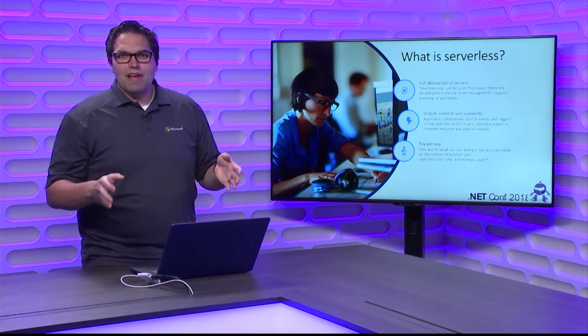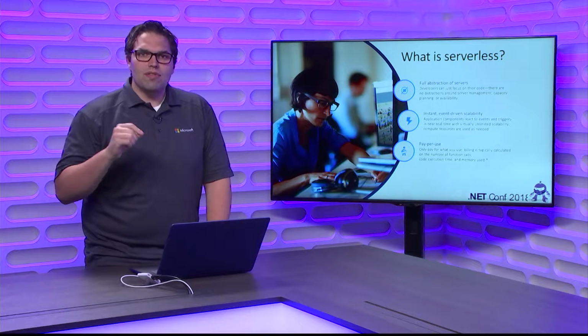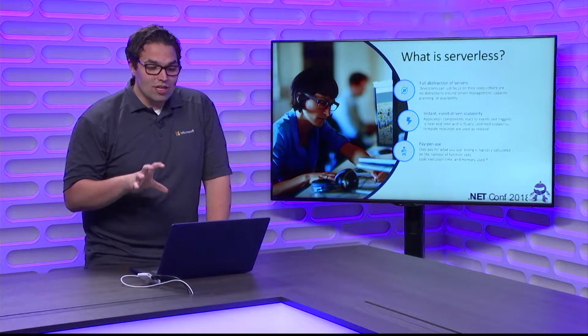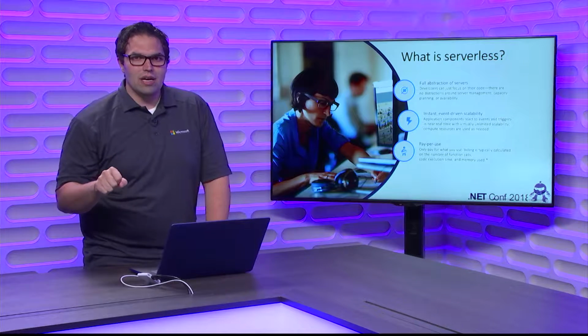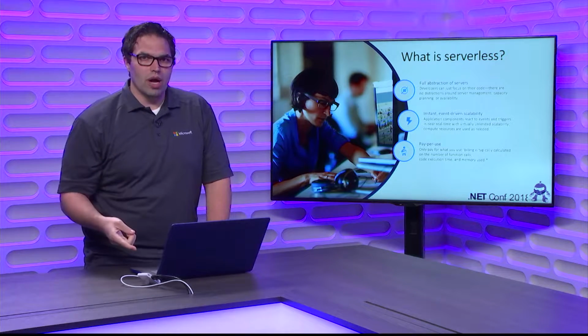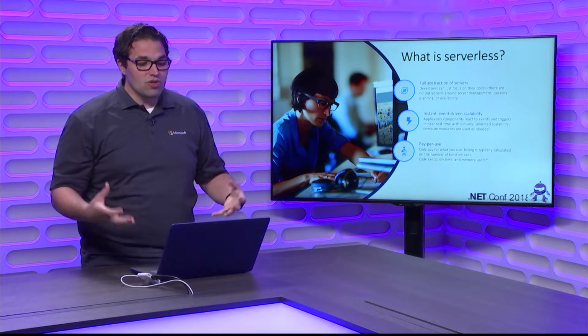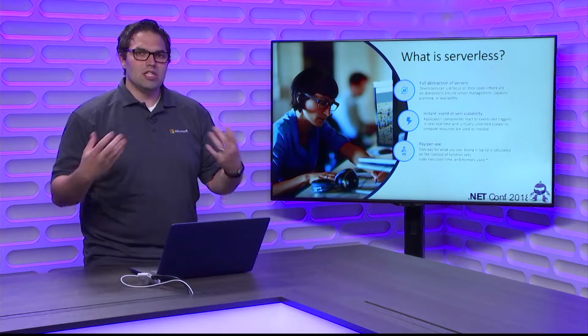I don't need to have that function running all of the time. In fact, what I actually probably want is don't run this function until somebody places the order. Now that means that there needs to be some event. There needs to be some signal to the cloud to let us know that you want your code to run. So one of the pillars of serverless is that it is event-driven, and we use those events to spin up your compute for you automatically, run your code, and then spin them back down.